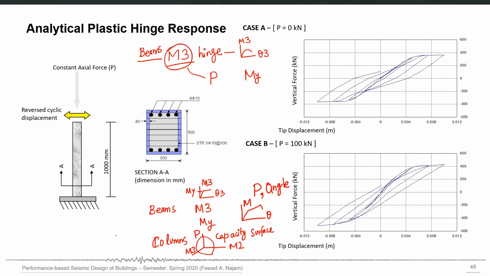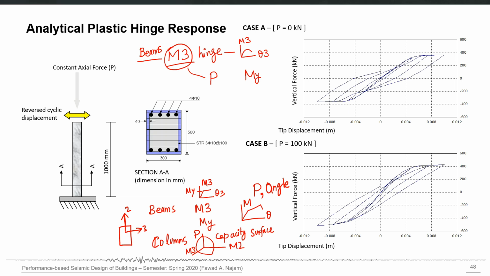So if I talk about, for example, a column cross section, and let's say that this is my 2 axis and this is my 3 axis. Now the applied moment can be in M2 direction, it can be in M3 direction, and it can also be in any diagonal direction. So that angle of the moment between 2 and 3 will also affect the moment rotation behavior. In beams, we were only concerned with this 3 direction of bending.